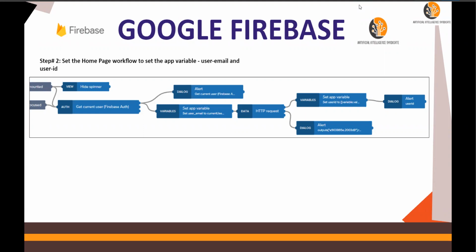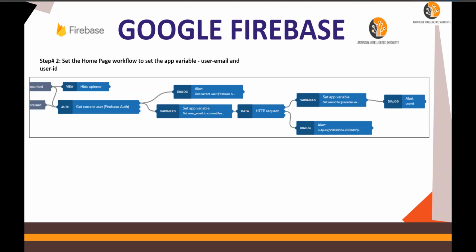In the last video, we discussed how we want to create favorites on this app. A user logs in and the user is able to set or select favorite courses. So step number 2 in this section is to create a flow to get the user ID of the user who is logged in.